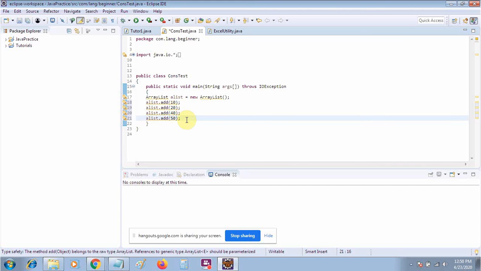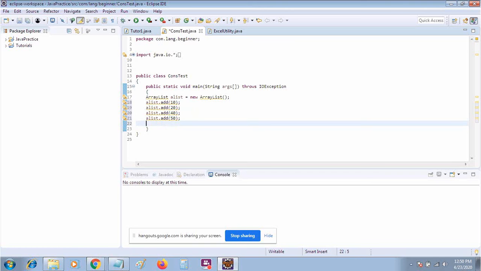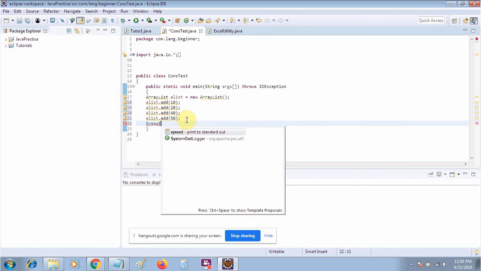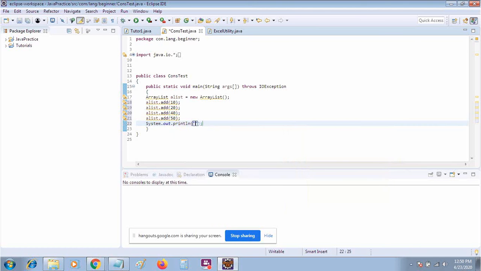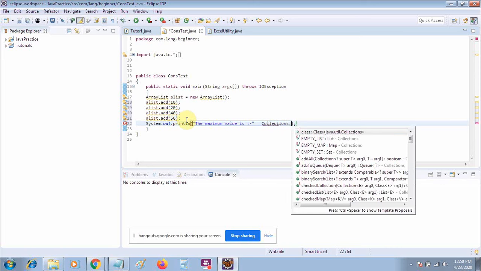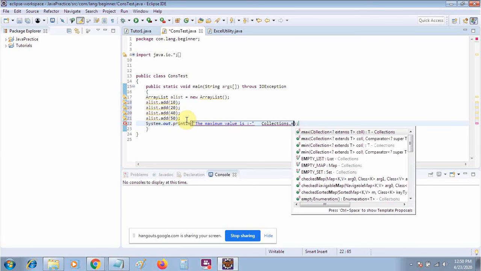Collections class static method will be used. So we use the static method like this one, the maximum value is. So I will use my Collections class here, dot. You will get a lot of methods here.